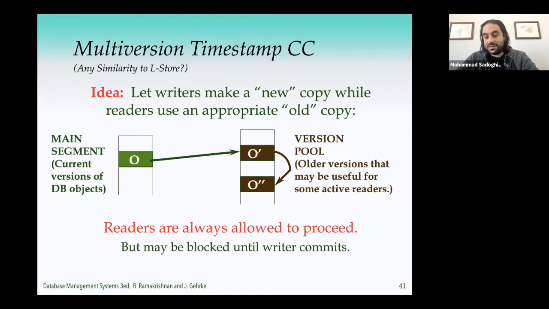So they need to wait for the writer to commit before they can be certain that what they've read is a valid version of the data. So they're not blocked from proceeding, but their final commitment of the read could be delayed potentially. So that's just the basic idea